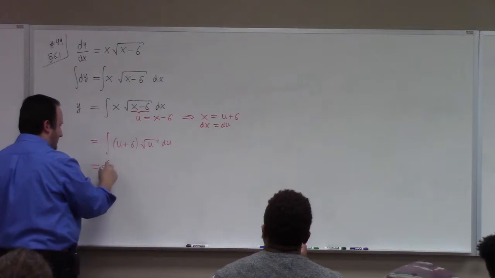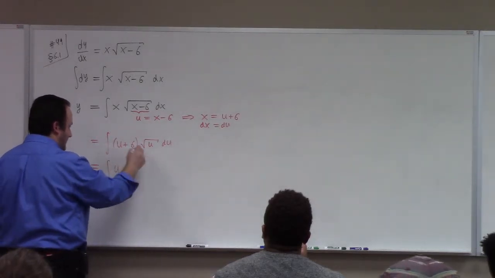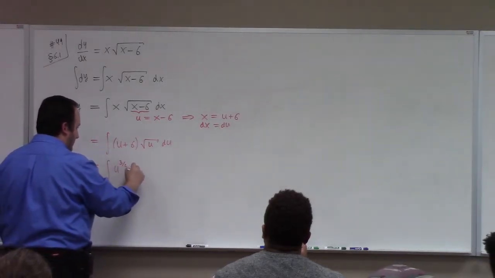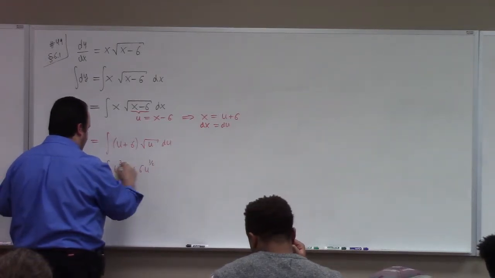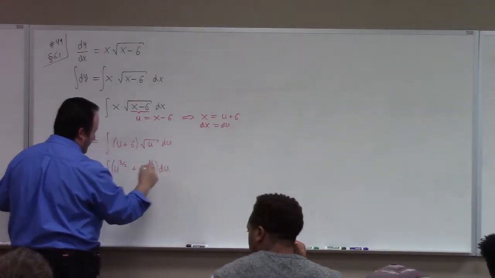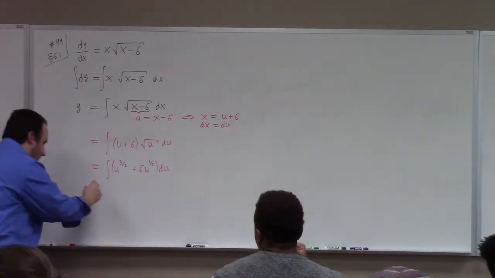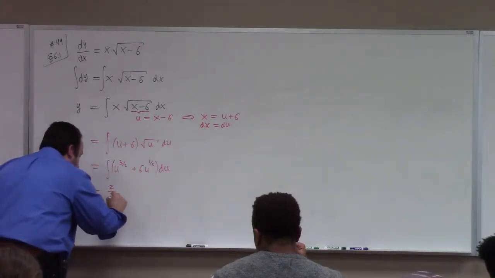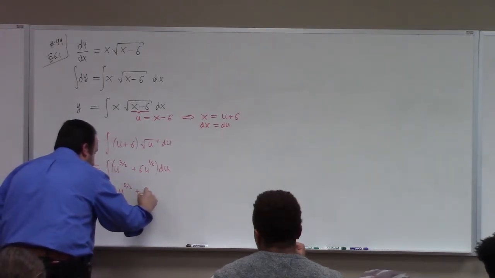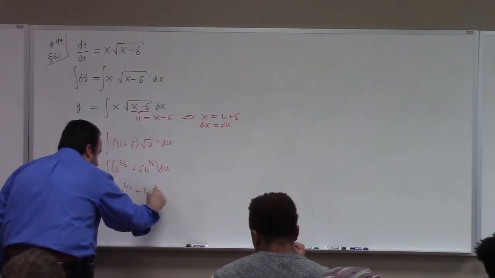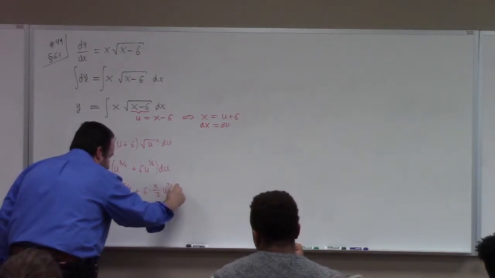Let's do some exponent laws. That's u to the 3/2 plus 6 u to the 1/2, why not? So this is 2/5 u to the 5/2 plus 6 times 2/3 u to the 3/2 plus a constant,